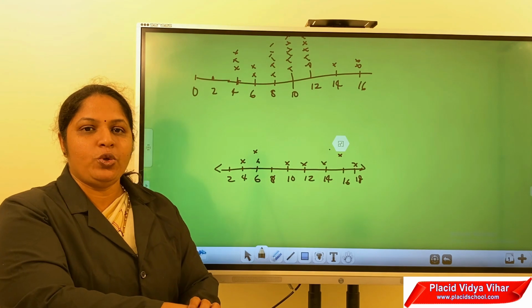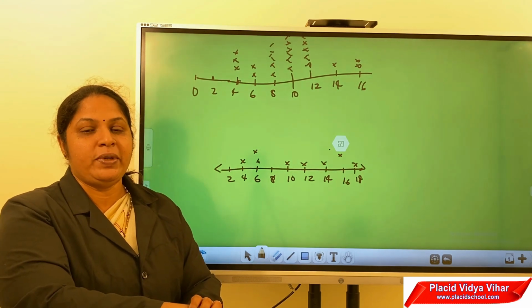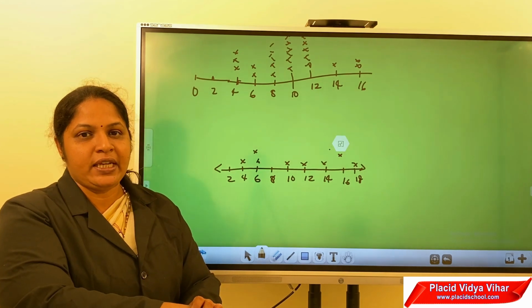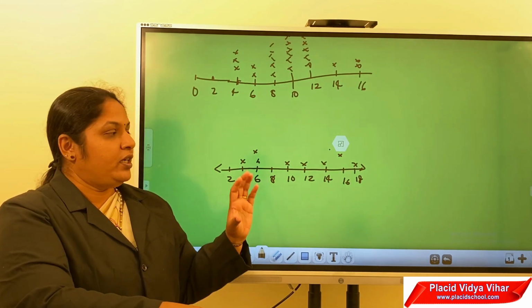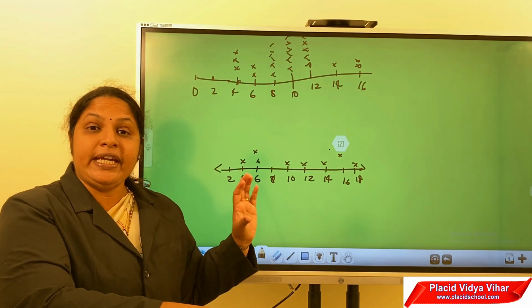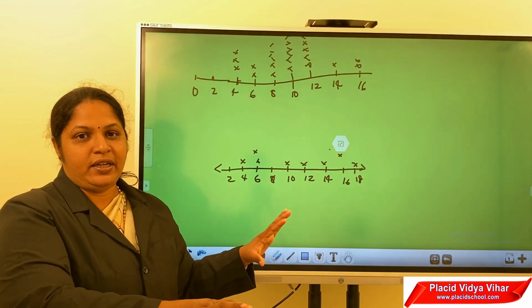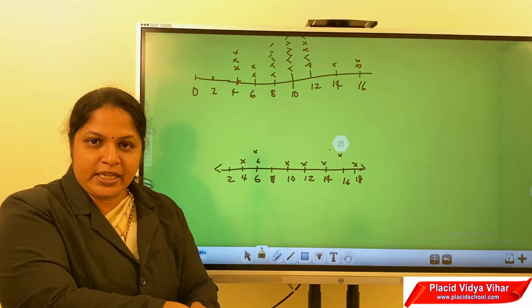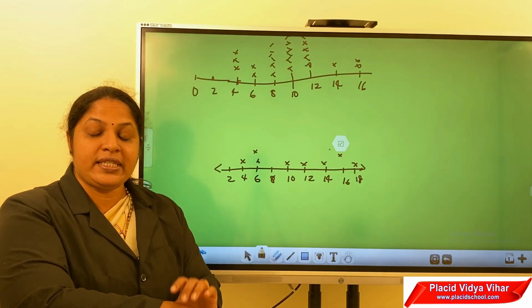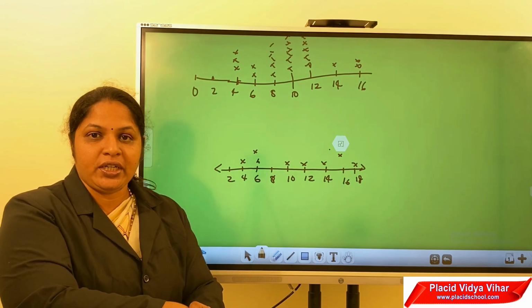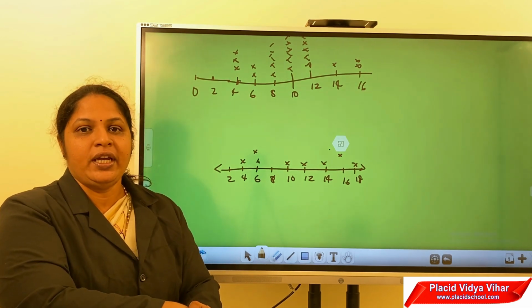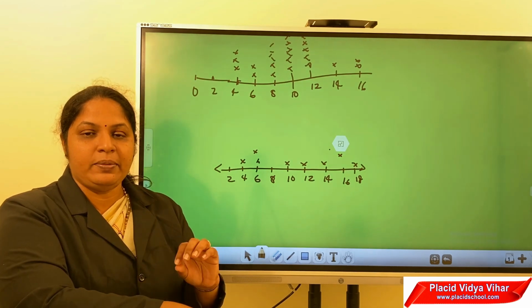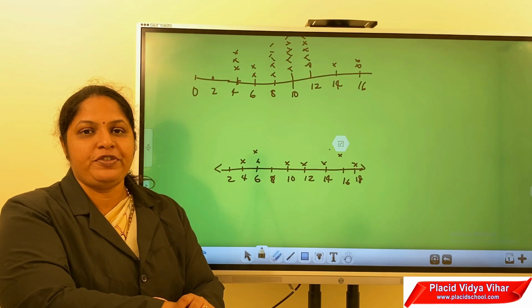That is why we are going to learn about measures of dispersion. Measures of dispersion means we will be learning about how the data is being scattered, from which value to which value the data is being scattered, and how the scatter of the data is being measured. That is what we are going to learn in this chapter, the measures under the topic measures of dispersion.